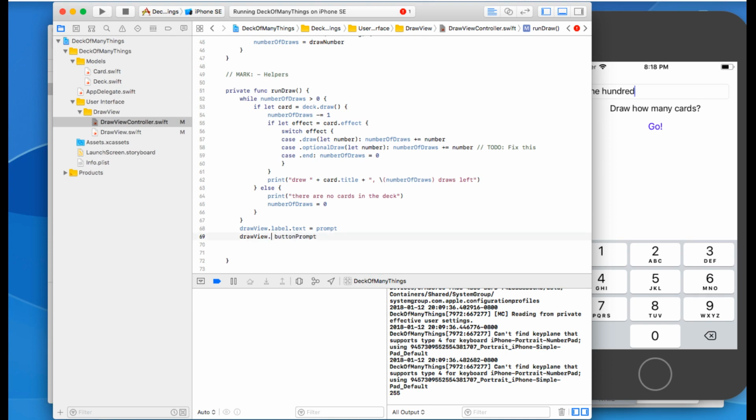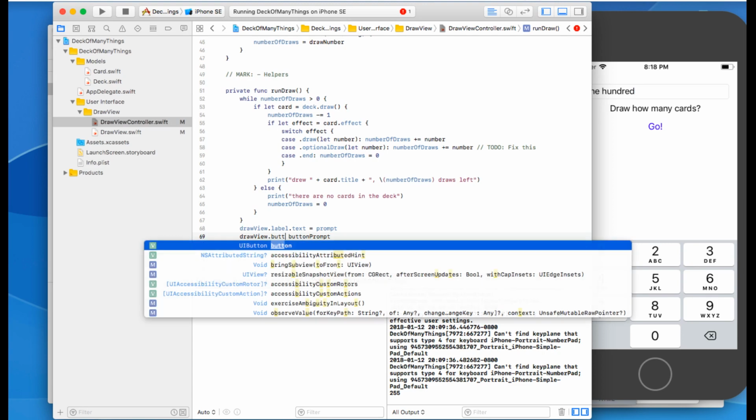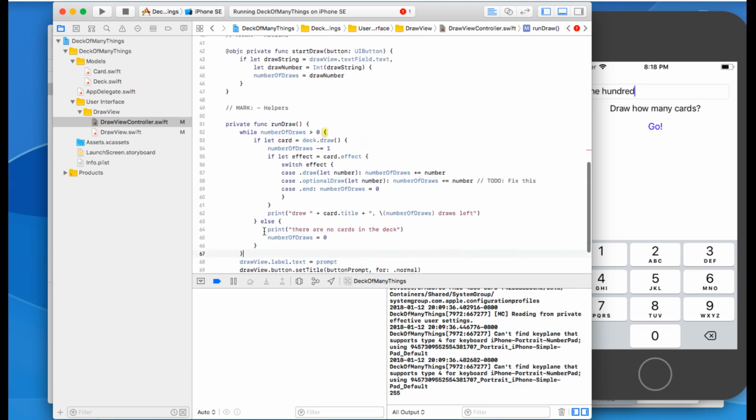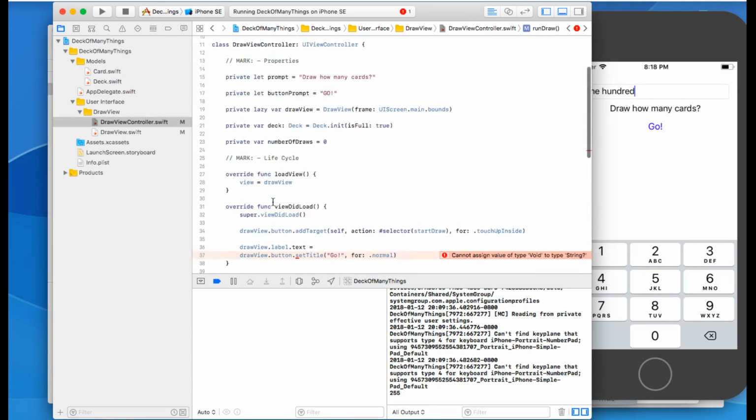So draw view dot button set title for normal. And I guess